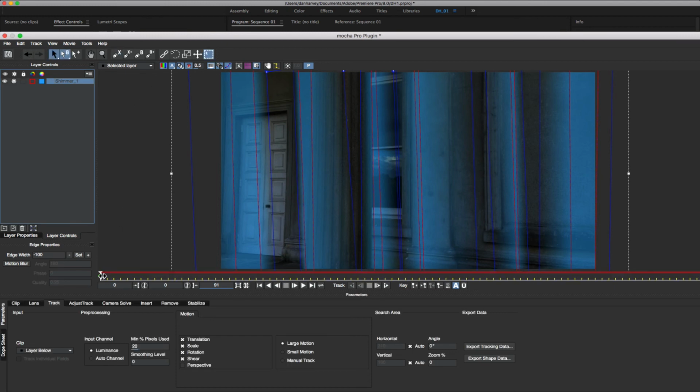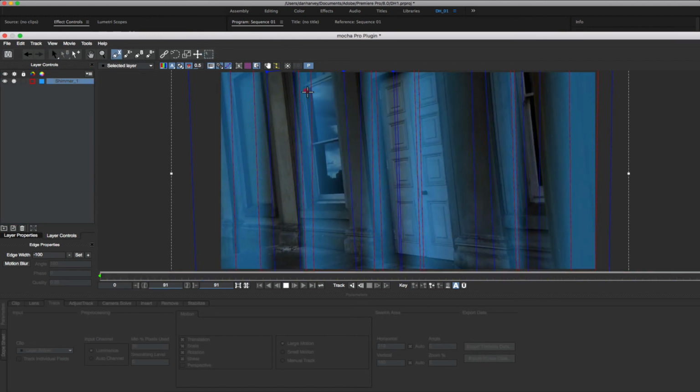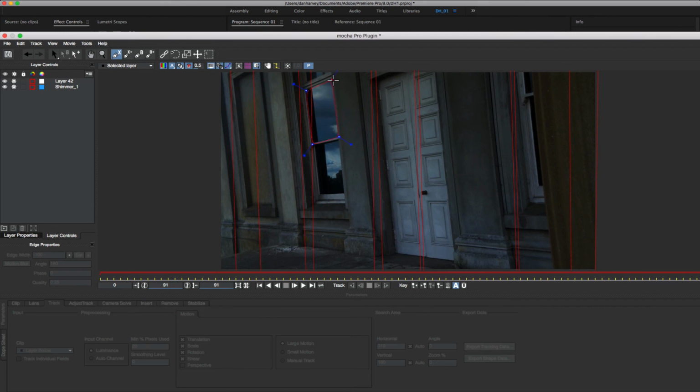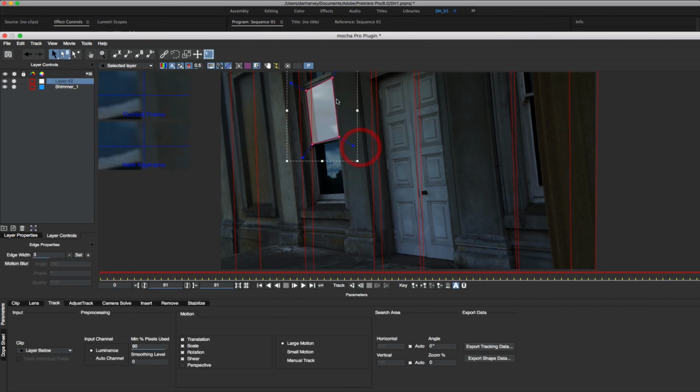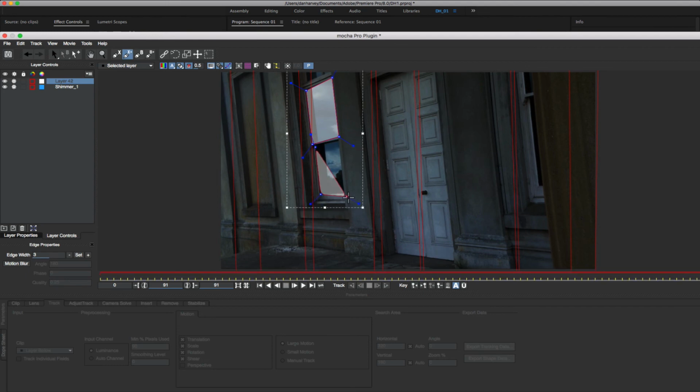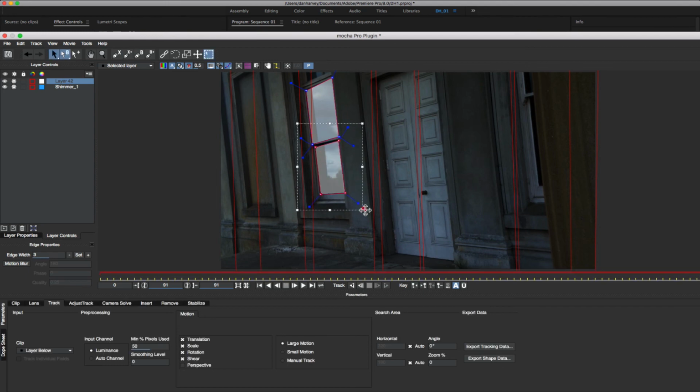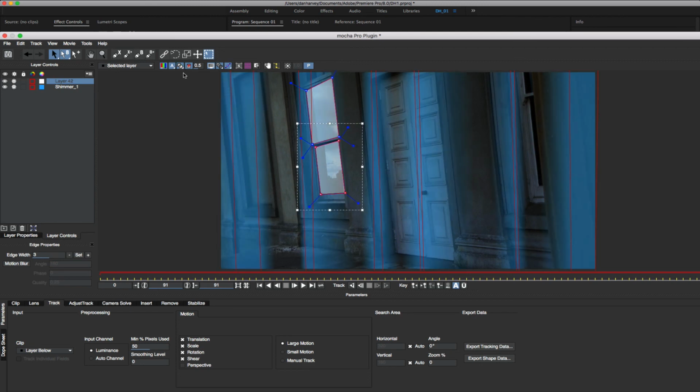Above the layer with the shimmer preset I'll add a layer for the upper window pane. I'll add a spline to the same layer for the lower window pane. Now I'll enable Show Matte for all layers. By default, all mattes are added together and may be applied to the composition in the host application in the